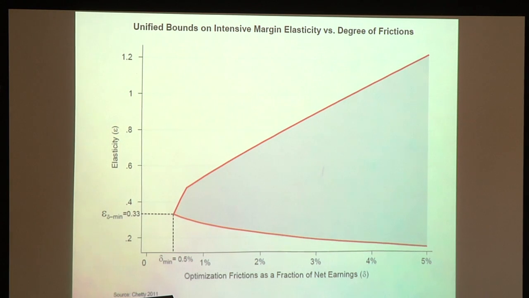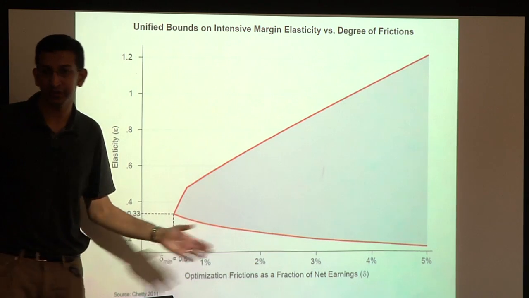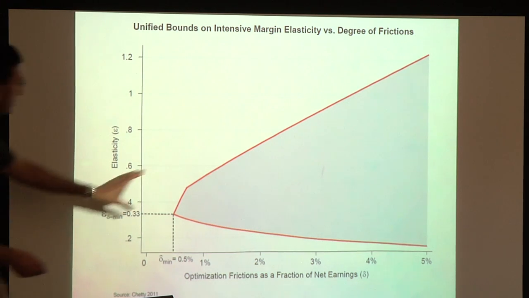So you could imagine doing the same thing for other literatures where you have lots of different estimates, and you can ask, is it because they are actually estimating fundamentally different parameters, or is it just that small frictions could explain the differences that we see? And what this is telling you is that in the labor supply literature, at least, given the type of evidence we have to date, small frictions are enough to explain what's going on. Delta 0.5% doesn't seem that large.